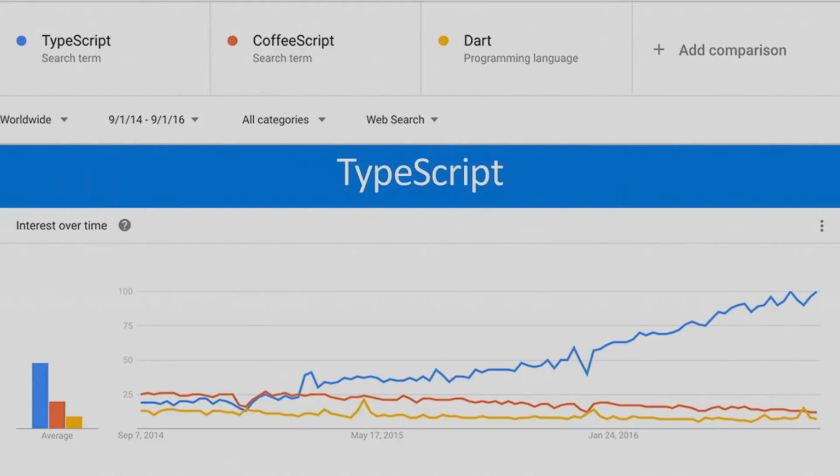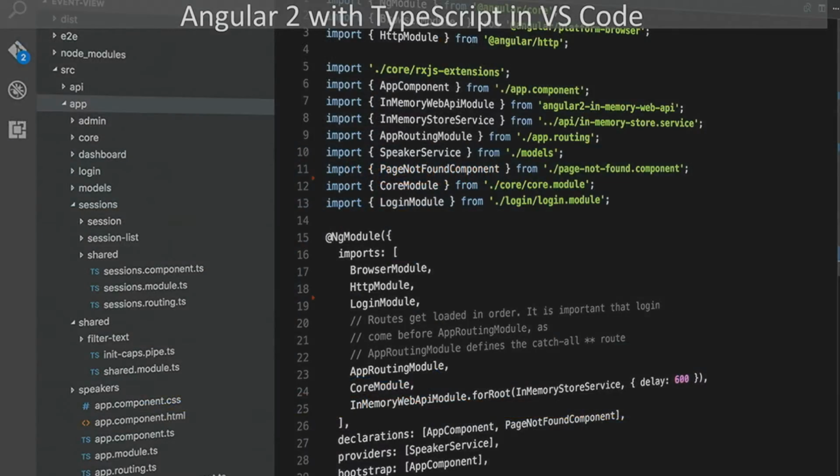Not just for us to use it, but they wrote Angular 2 in TypeScript. And since then, that kind of just spurred the whole fury of people using TypeScript. So I think the investments in these are pretty well founded. And we're going to show today a little bit more about these different languages inside of Visual Studio Code.